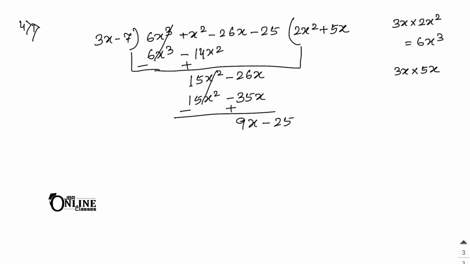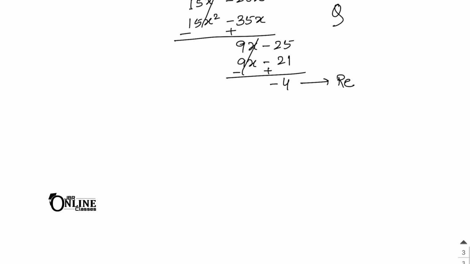Okay, so as you have 3x, that means here plus 3. So 3 into 3x, it becomes 9x, then minus 21. So minus, then plus, 9x cancel out, minus 25 minus 21, it's minus 4. So that is your remainder, and this one is your quotient. So quotient equal to 2x square plus 5x plus 3, remainder equal to minus 4.